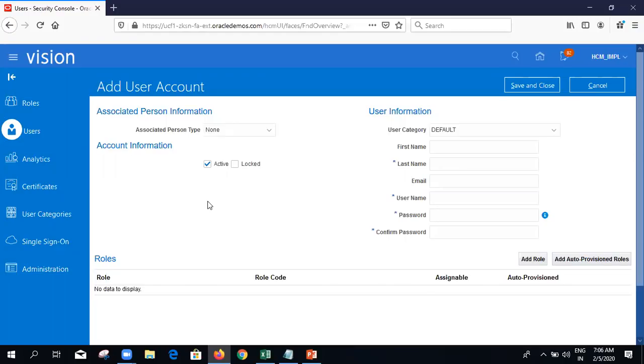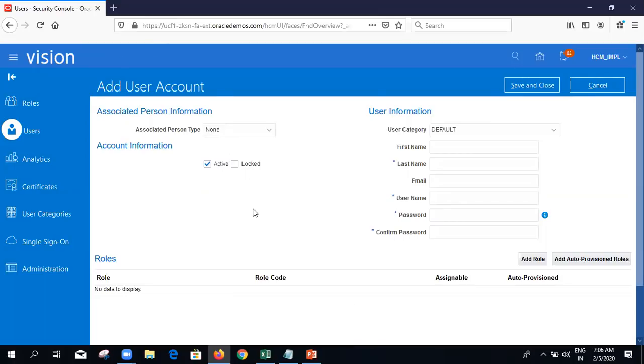When we are hiring, we will be providing his email address, everything in the system, right? So whatever email we provide for the person during the time of hire, the user account will be created automatically for that email and it will be sent. So he can click on that URL in the mail which he received, to create the password for his user account, and he can create one password and log into the system. That is a regular functionality.